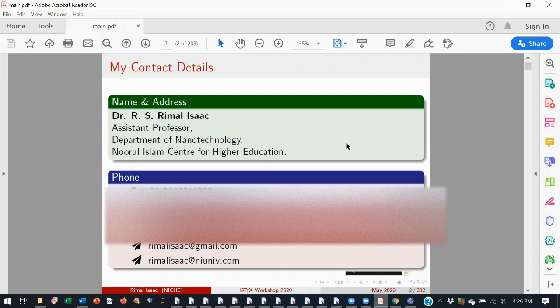Having practical sessions in between will not be possible. As we are not able to handle practical sessions, I'm sending you the text files I created, so that you can create your own text files, compare them with what I have sent you, and check what errors you have made.